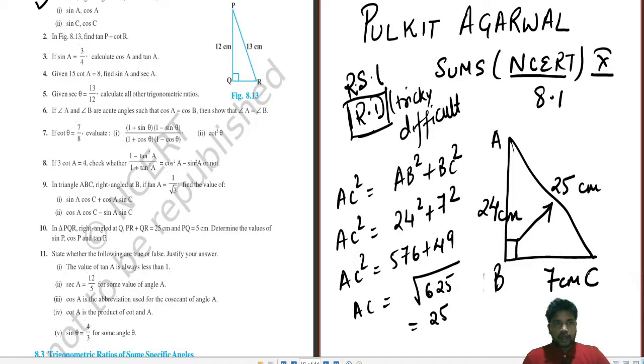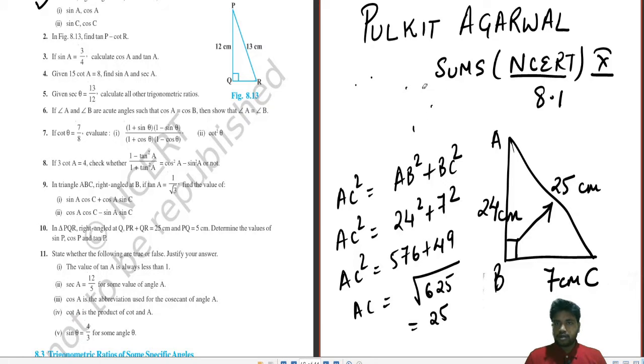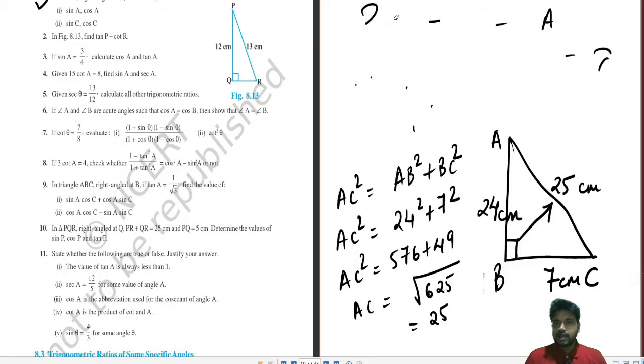So now the first part is sine A. Obviously I will rub it off because I don't have space and we cannot move the page here or there because the questions are over here. So we'll take time to rub the answers, then we'll go for the next. Sine A. So obviously we'll be looking at from here.